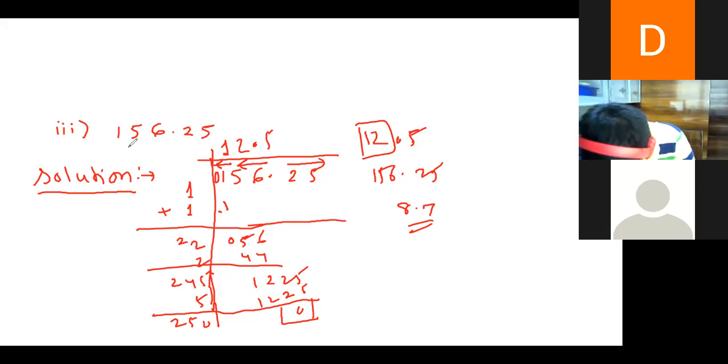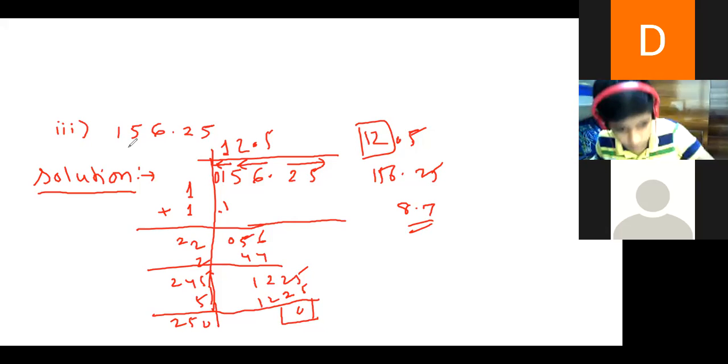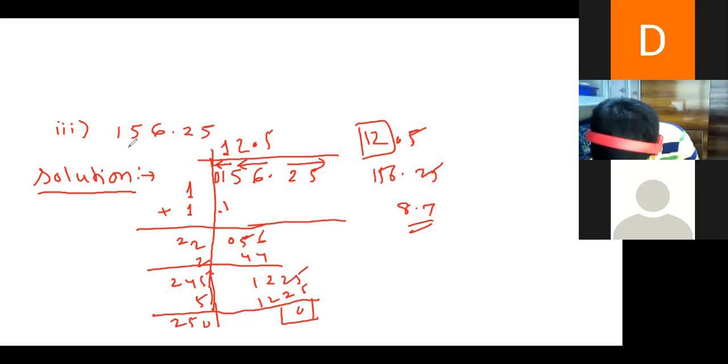Sir, 4.8. 4 point how much? No, sir, wait, I'm doing it. Because there are 2 digits, no? So 2 decimals. After the decimal there are 4, so there should be 2 digits. Yes, correct. So the answer is approximately 4.28. Correct, sir. Sorry, 4.28. Same, sir, 4.27.